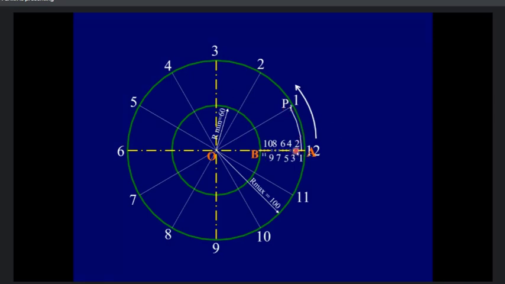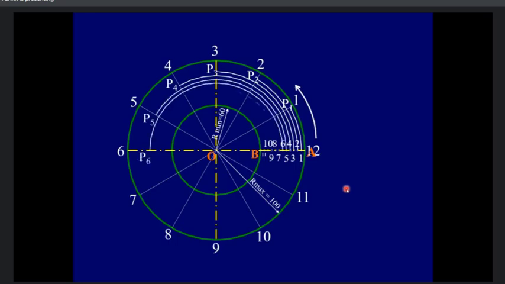Okay, so you see it has moved from this P1, then this is P2. How do you get it? Take center as O, radius equal to O to 2, mark an arc. Then take center as O, radius equal to O to 3, mark an arc. Center as O, radius equal to O to 4, mark an arc, and consequently repeat the process till 12. I'm not going to explain the further steps now. Center O, radius equal to O to 5, mark an arc, and repeat it.